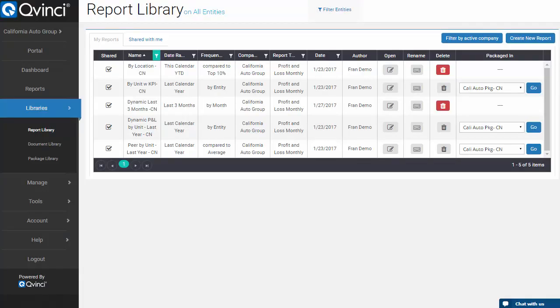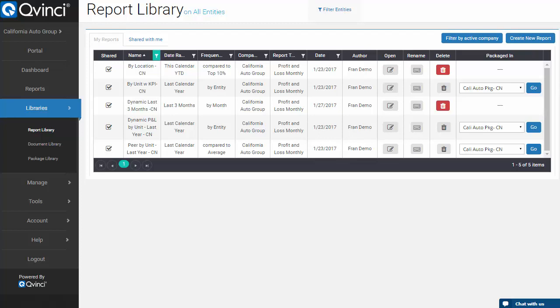What we're going to look at next are the libraries, and we have 3 distinct libraries, and you use these libraries for report automation. Report automation and templating is where you build a report one time and you get it in the structure that you want with all the tools that you want, the custom formulas, KPIs, that sort of thing. Get everything the way you want it, and then you save it and you share it across the plurality of your FTEs and your clients or your endpoints.